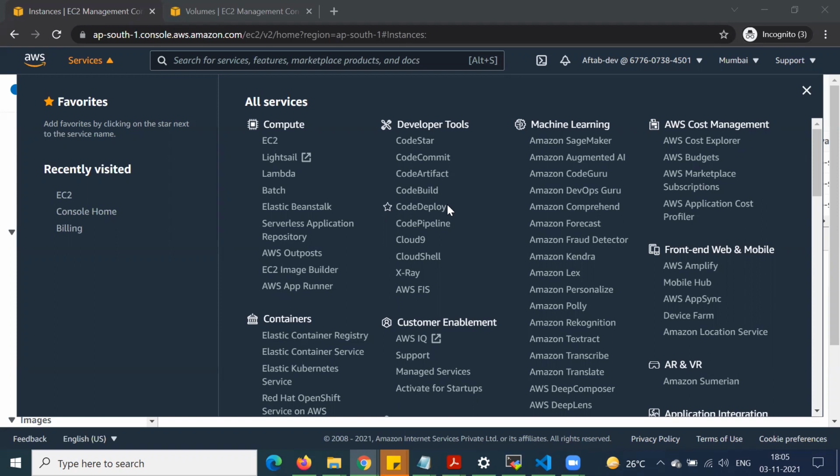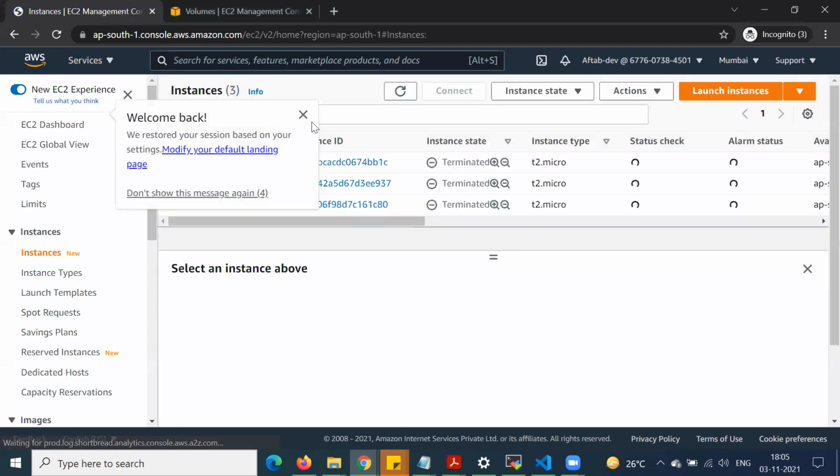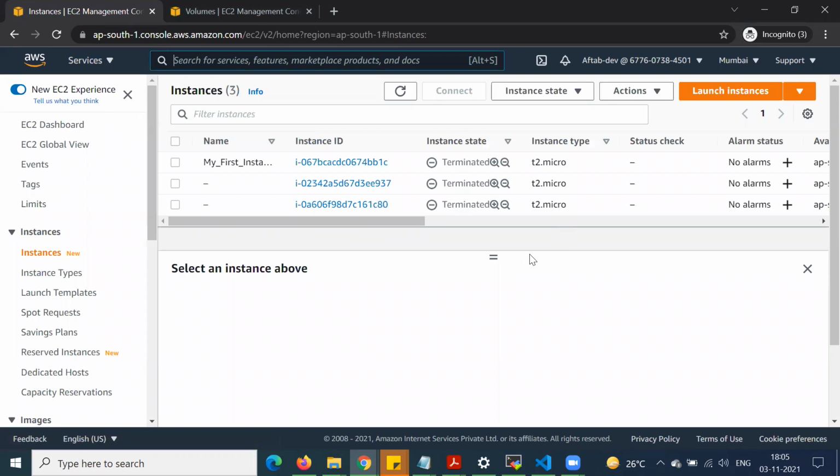So in today's session, we will be talking about EBS volume. As we know, EBS volume is a network data storage.